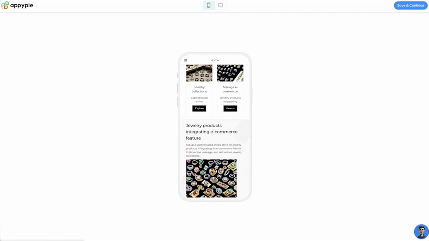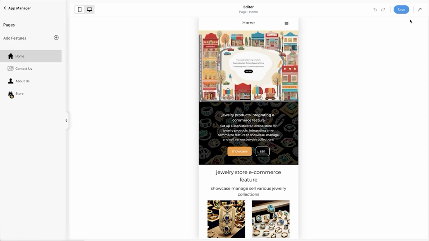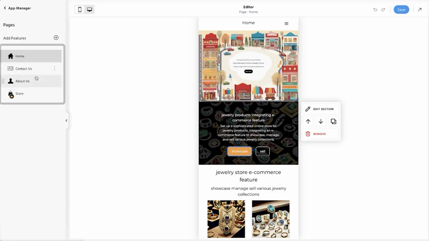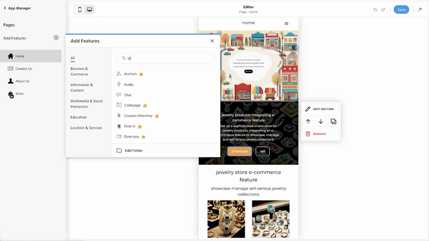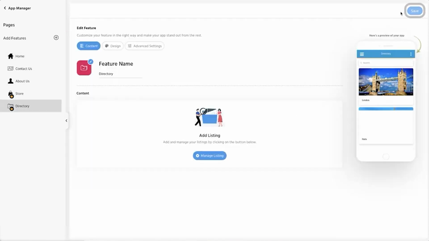If you're satisfied and want to make customizations, click Save and continue to move forward. After saving, you'll be redirected to the editor, where you can personalize your app. The left panel provides access to all the pages in your app, and you can add new features using the Add feature option. On the right side, at the top, you'll find the Save button, allowing you to save any